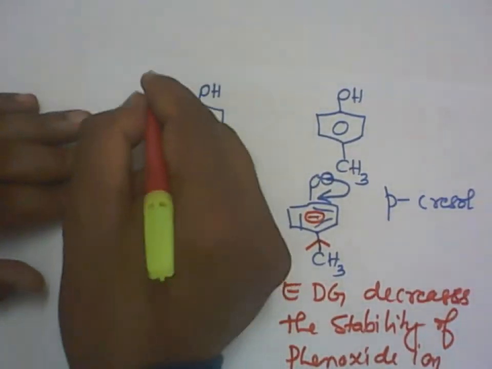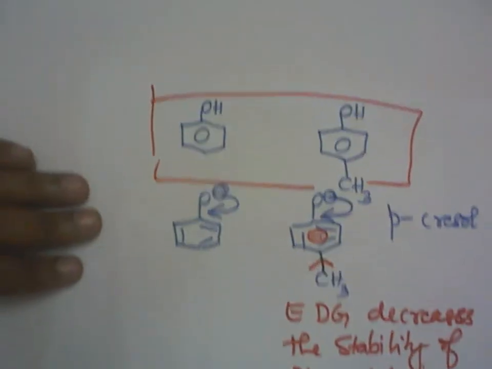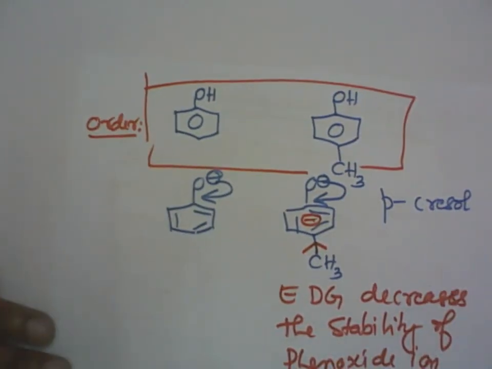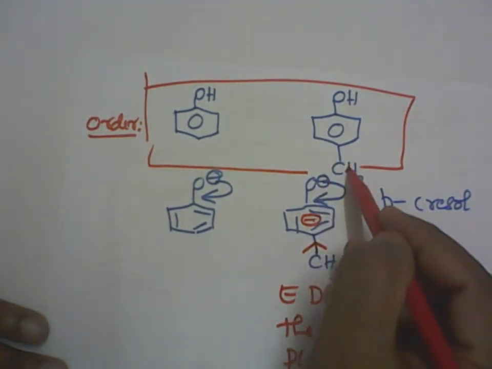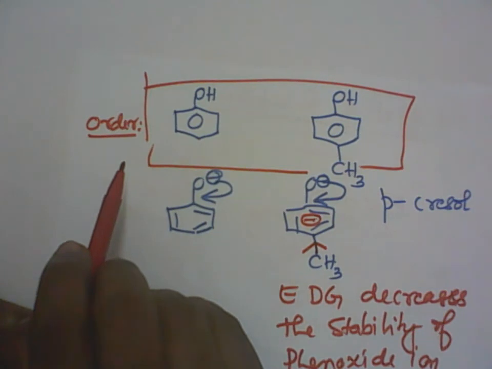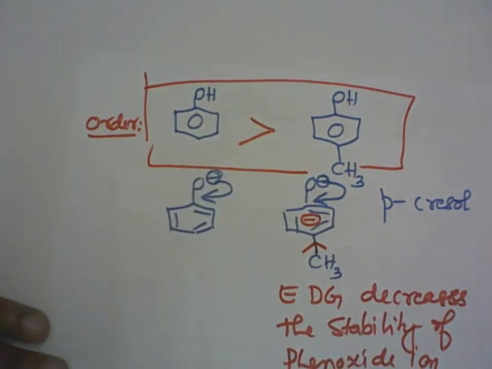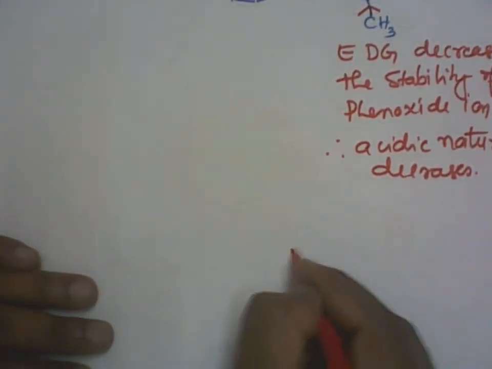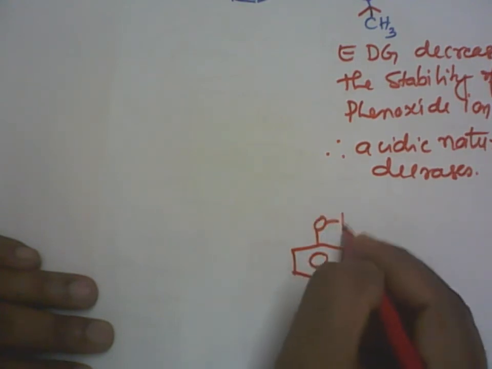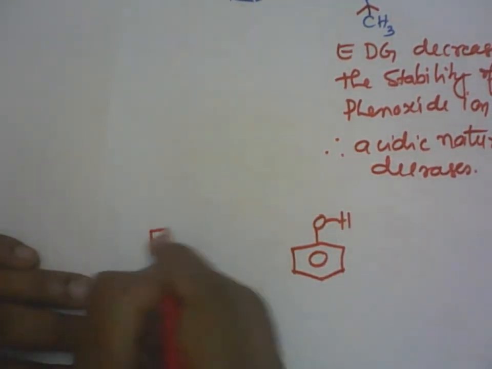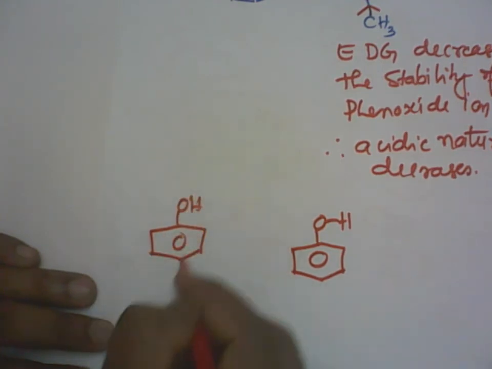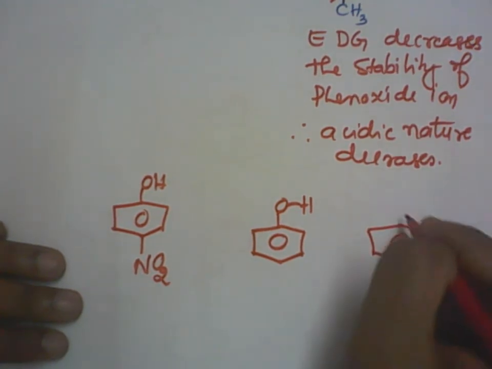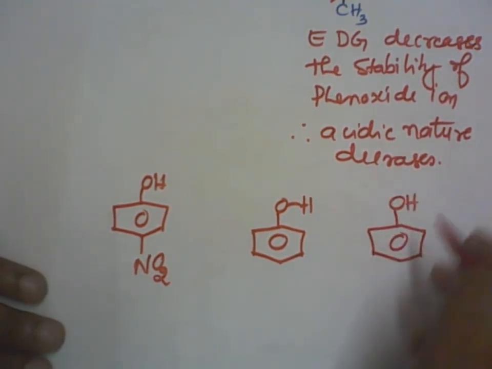Okay. Now we have to compare these two molecules. So the order you remember for acidic order. Which is more acidic now? Remember, an electron donating group decreases the acidic nature of that phenol. That means phenol should be more acidic. Clear? Now we'll write together all the three examples. First one is which one? I wrote phenol is the standard for us. Let me take the example para-nitrophenol. Next one, let me write cresol. Para-methyl phenol it is. Correct?